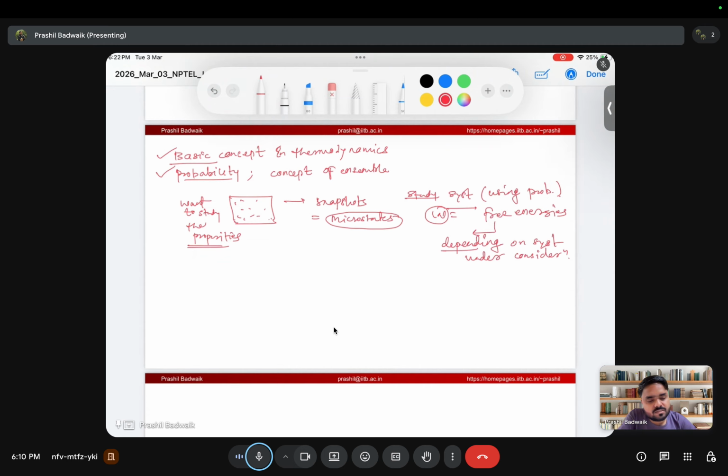For example, if I have a system where the number of molecules, energy and volume are constant, for such systems we know this is the expression: kB ln of W will give you the number of ways by which we are distributing energy E in N systems. The W that comes is called the multiplicity, which is equal to 0 when temperature is equal to 0,